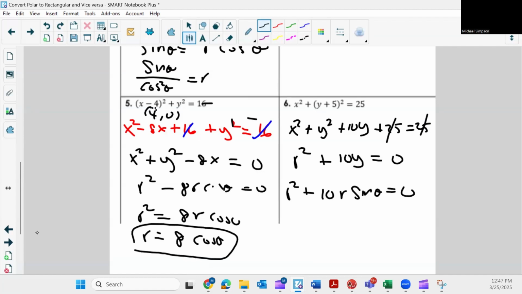All right. Now I have to recognize that if I move this to the other side, I can cancel one of the r's. So r squared is going to equal 10 minus r sine theta. Cancel one of the r's. What do I have left? r is equal to